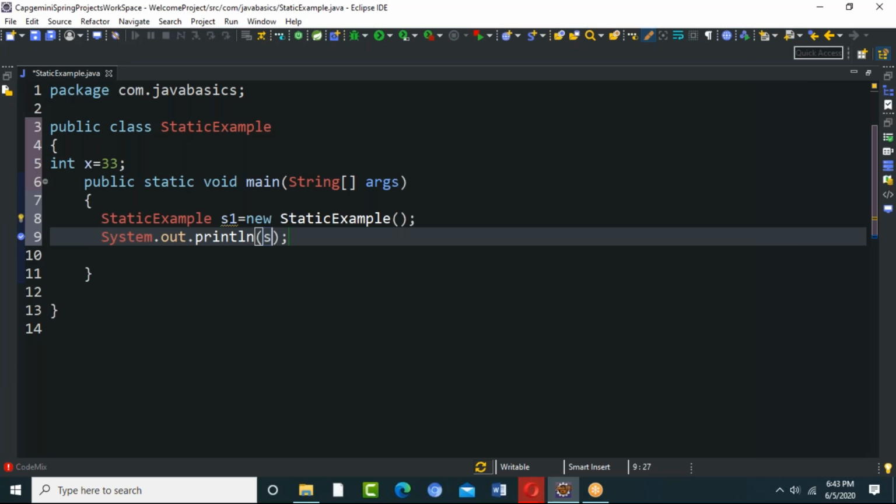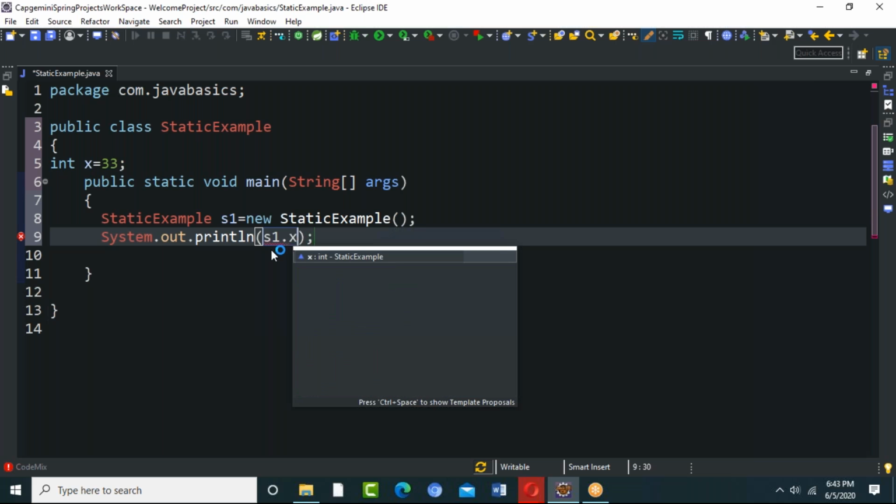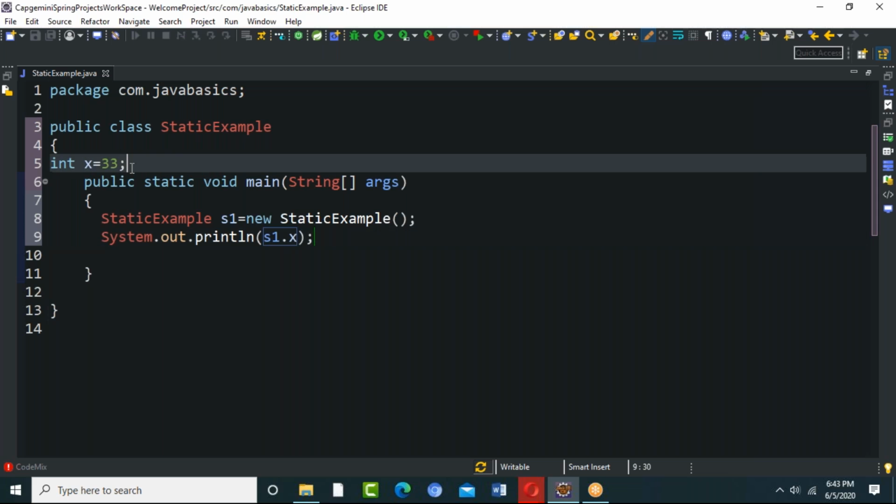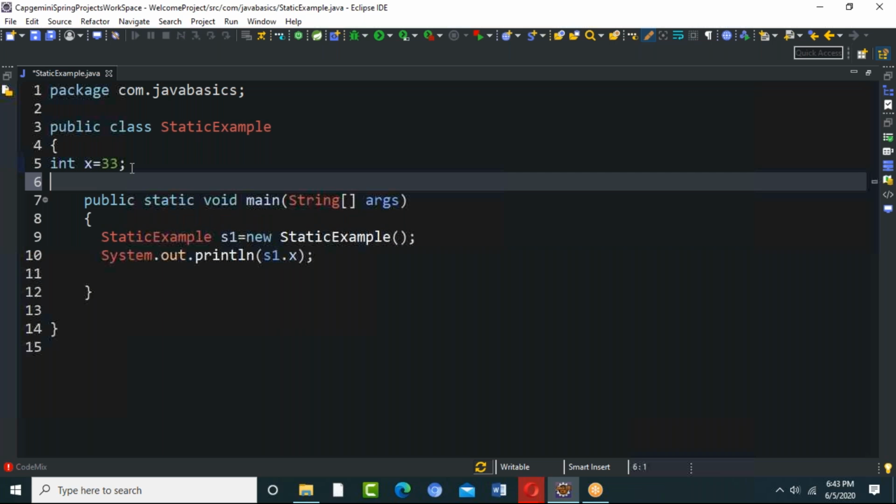I need to say s1.x compulsorily, so then only I can get the output, right? Yes. If I declare it static, otherwise I cannot access it. Static int z is equal to 44. So if I want to access that,